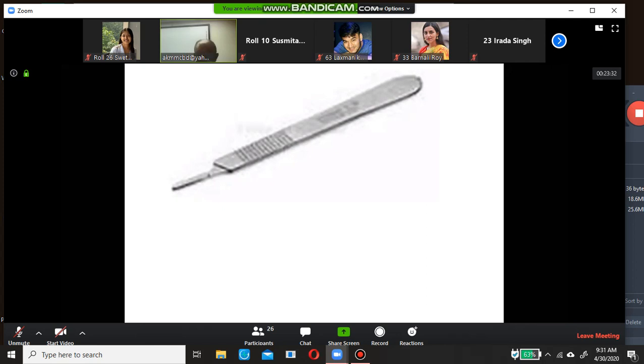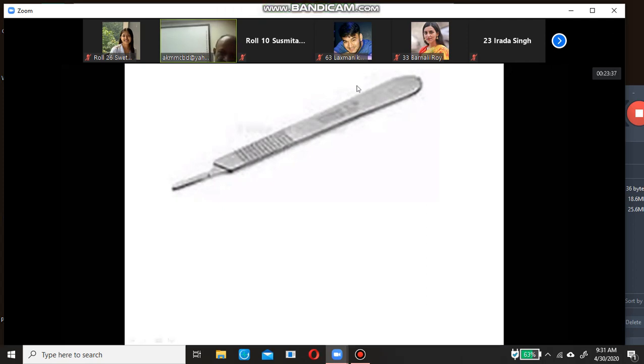This is BP handle. See the instrument. This is a broad end for holding with the fingers, and there is a narrow end. This is to fix with the blade. The BP blade is fixed here.